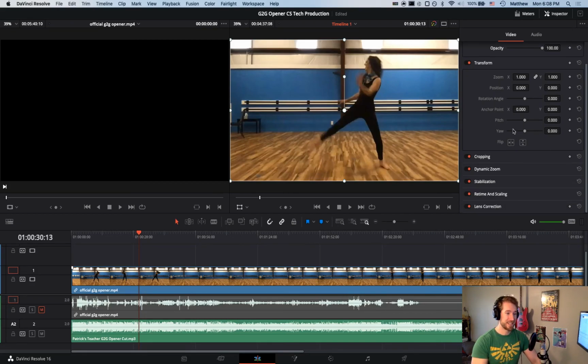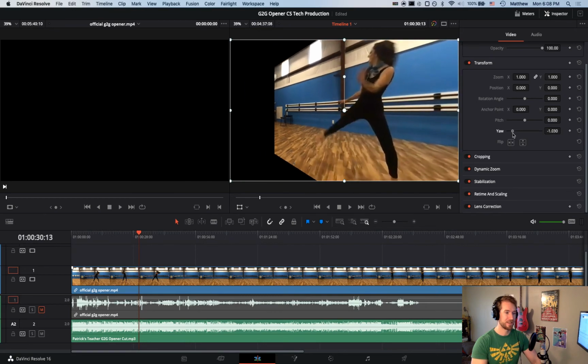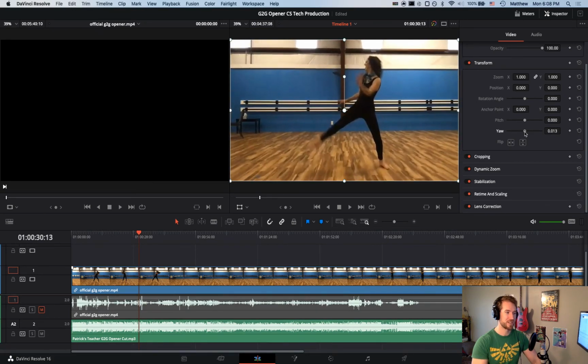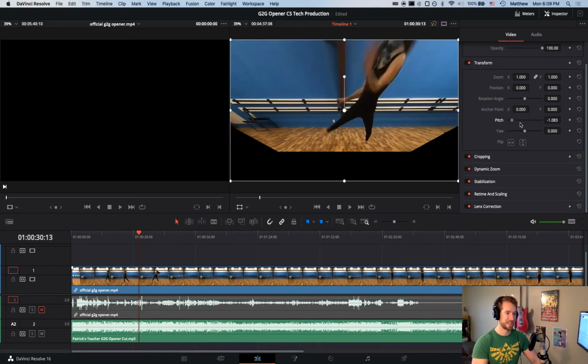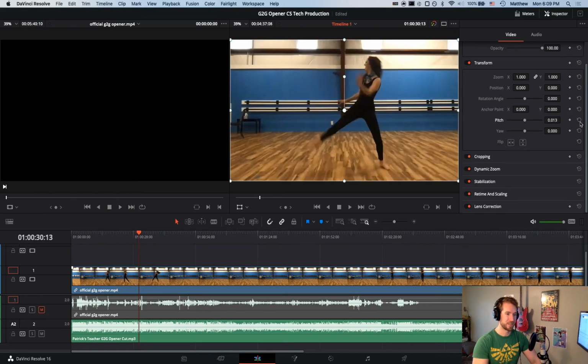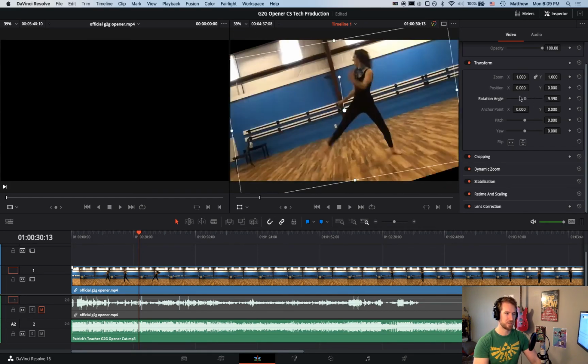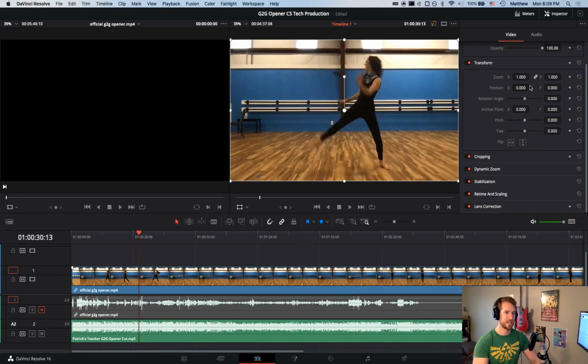Transform, all of those things were what was happening when we did those other transformations. Yaw is fun because you get to tilt it forward and back like it's an actual, I don't know, 3D photo that you're holding and tilting around. Anchor point, that's just how far to the side it moves, or the anchor point moves, so you can turn it in different ways and make it easier to deal with for yourself. Rotation angle, ta-da, and then position,